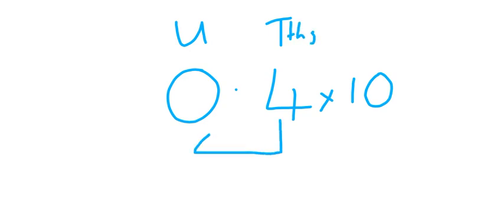So when we now make that our number 0.4, and we times that by 10, what we are saying is, well, at the moment we have nothing in the units, and we have 4 in the tenths. So when we multiply that by 10, the 4 tenths is going to become 4 units. So that becomes 4. The decimal disappears because it's 0.0 and we don't need it.